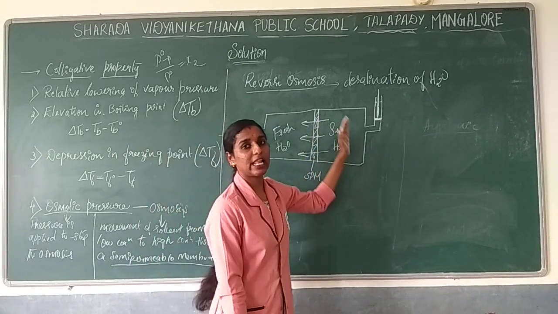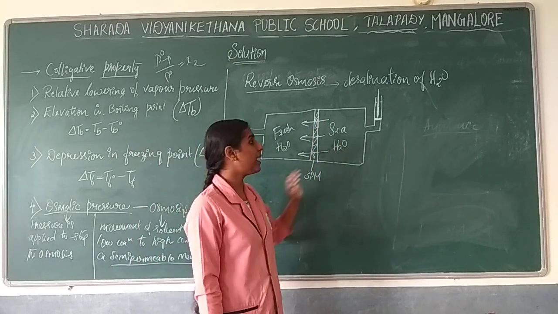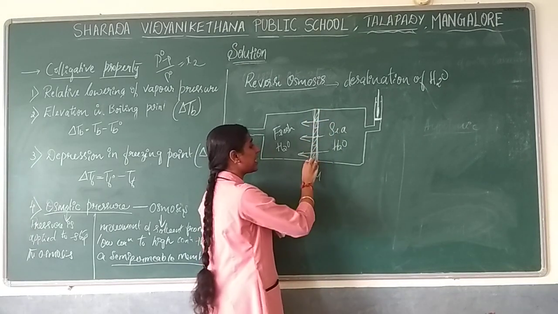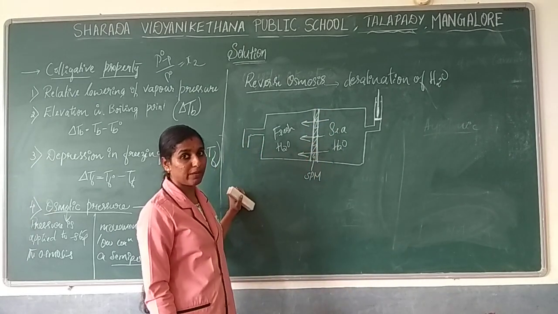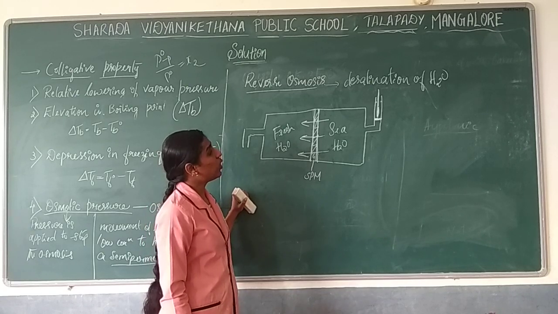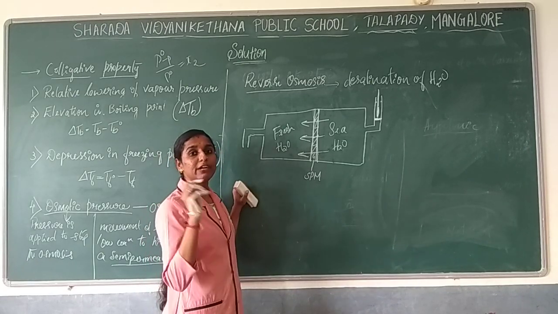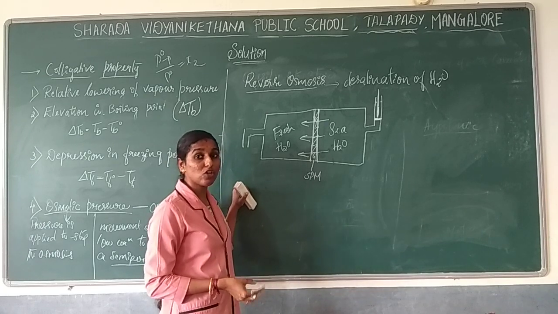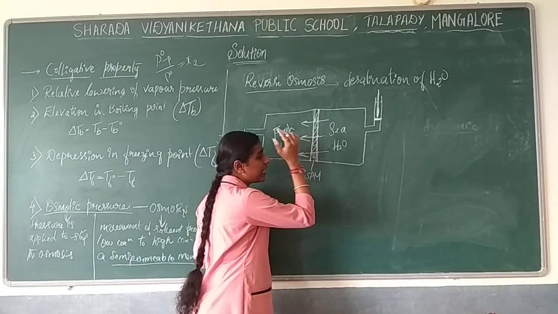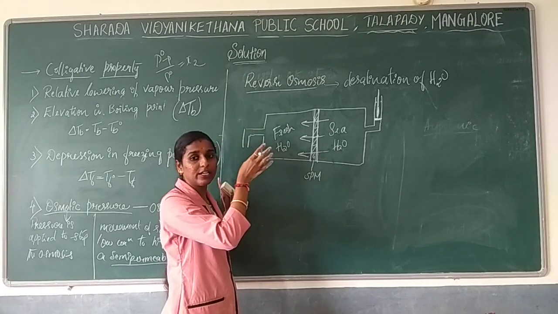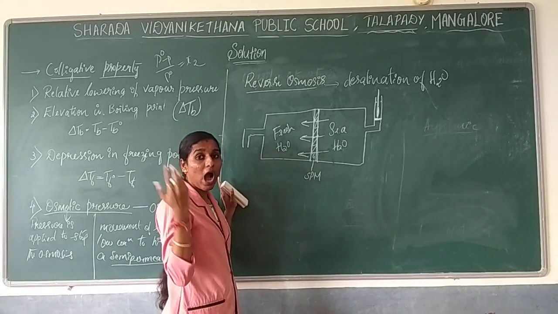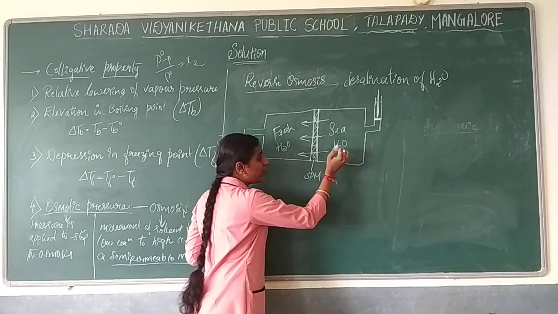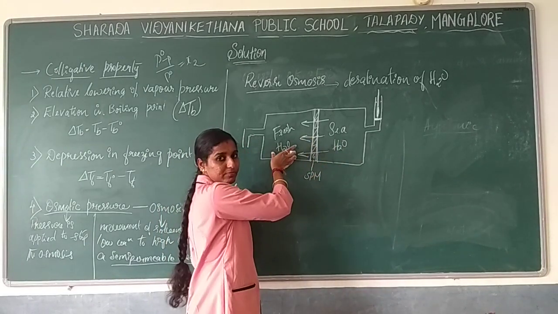So here only the saline particles will remain. For this purpose, whatever membrane you are using, most of the time cellulose membranes will be used over here. So what is the nature of a cellulose membrane? It will allow only water molecules, only solvent molecules. It will not allow any kind of saline condition, and it will not allow ions or electrolytes also. So only solvent will move from this side to here.